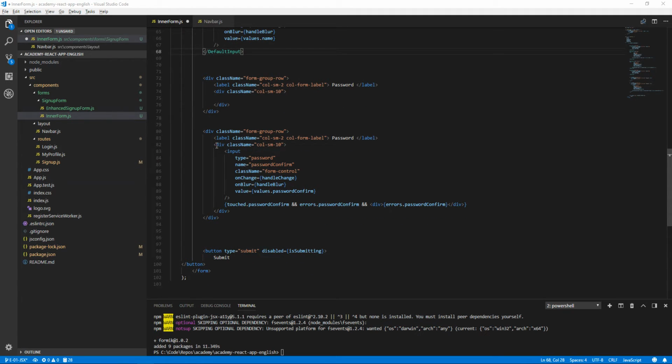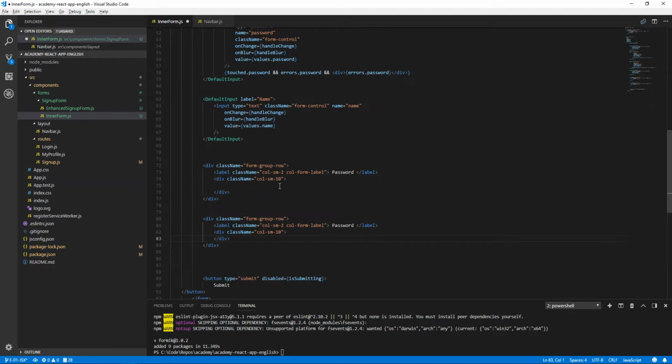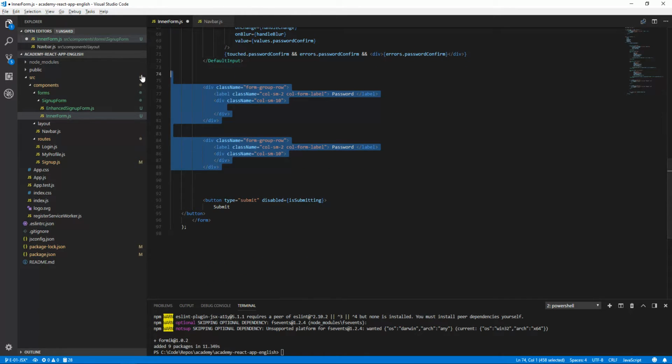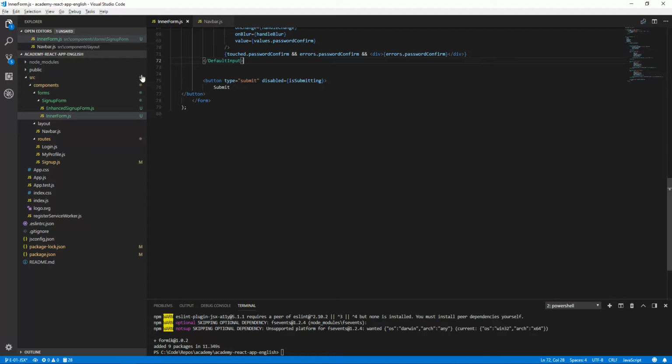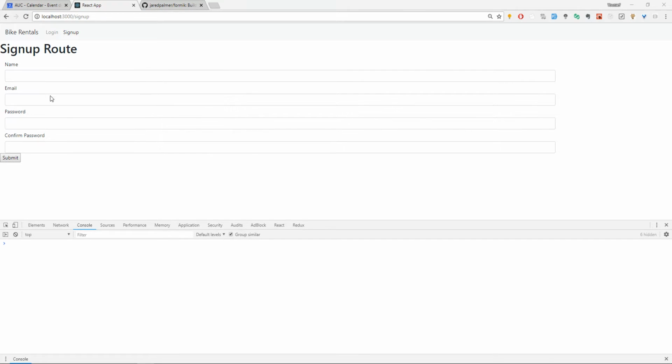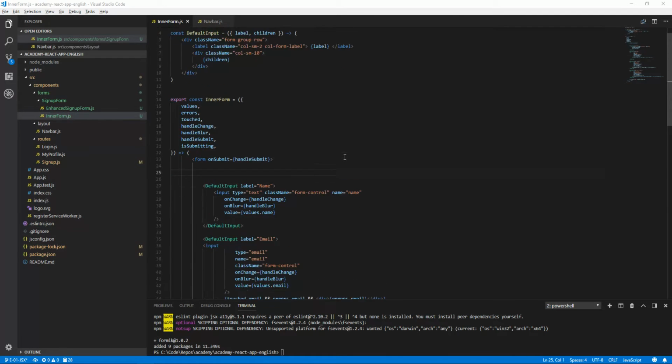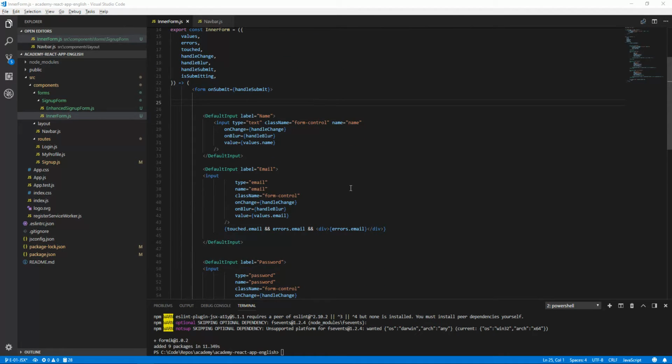And we could finally be doing the same thing with the confirm password. As you could see, we could find the form working fine with us. Okay, I think you've noticed that there is something else that has been repeated over and over and over, which